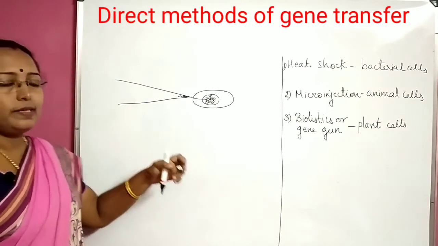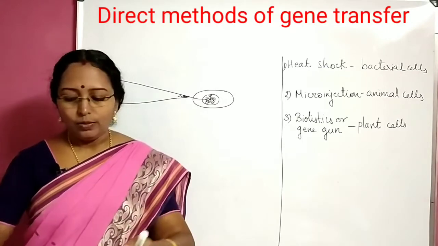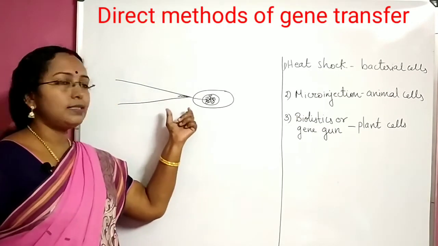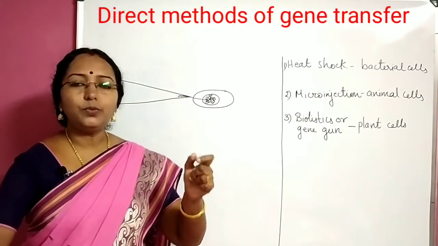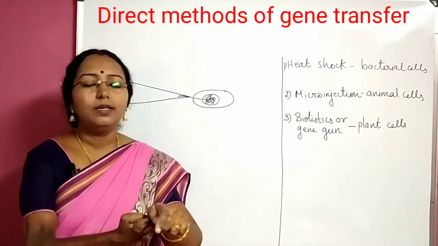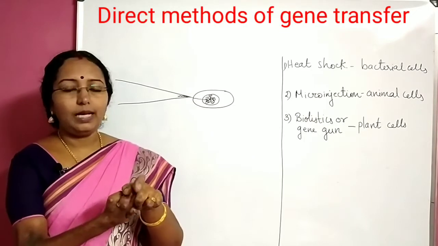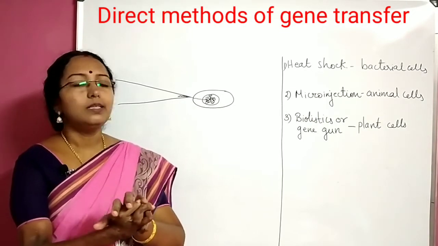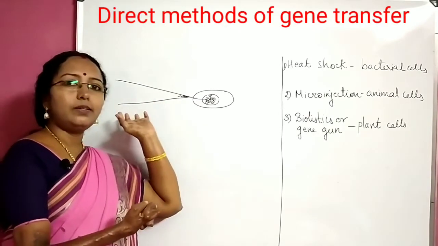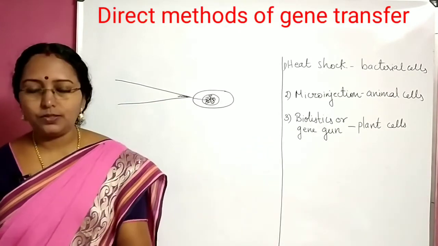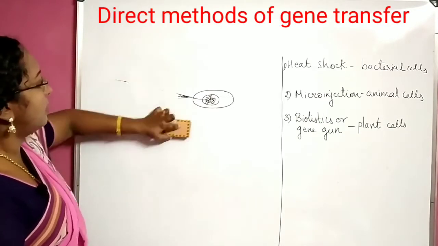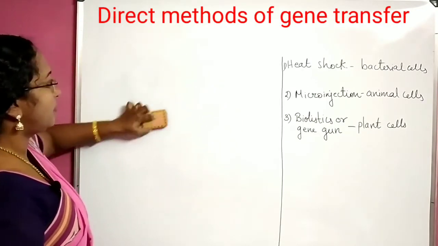Okay, so this is just like we do injection, but we use a very powerful sophisticated microscope and we use glass needles for this, because of which we can directly inject it into the chromosome. And we are very sure that these cells have got injected with it. Okay, so that is another method. This is also a direct method of gene transfer. I think it is very simple for you to understand and it is a very interesting method as well, right?